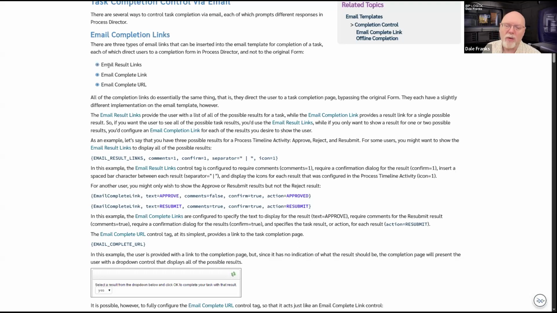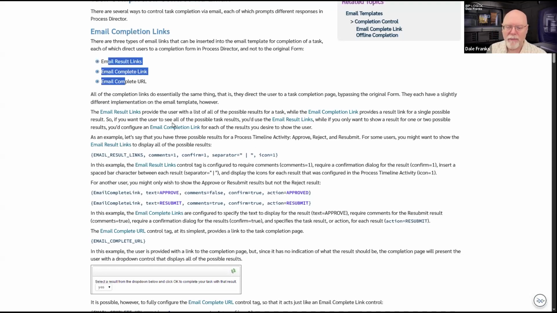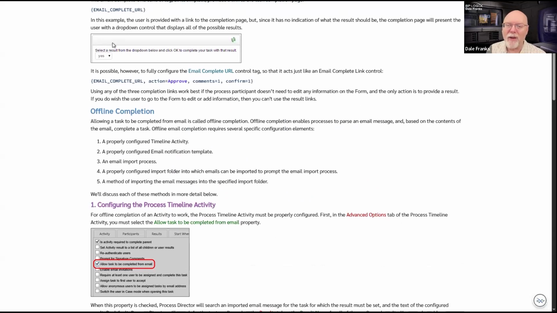If I use one of these three methods and it takes me to a form that looks like this, that doesn't give me a lot of information about whether I need to approve or deny or ask for a resubmittal. Doesn't give me any information at all. It says, hey, pick a result. And I pick a result, but I don't see any context of the request. Now, look, in some cases that might be fine. But I think in most cases, we do want to see the entire context of the request.